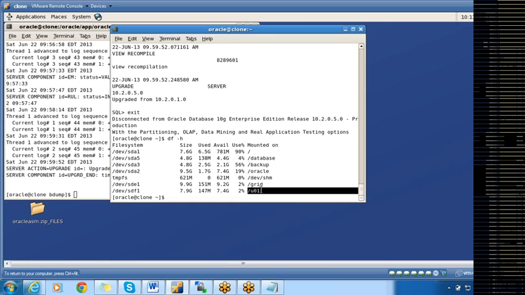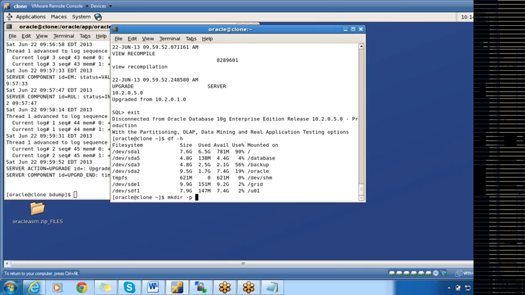Grid infrastructure is for ASM and 11.2.0.3 RDBMS is for the database. So we have to move the entire setup from 10g to 11g. For grid infrastructure I'll use /grid, and for 11g RDBMS I'll use /u01. Let us go ahead and create those directories. I added two disks, one of 10 GB and one of 8 GB, and formatted them. After that I stamped them with the ext3 file system, and mounted them to /grid and /u01, and updated the entries in /etc/fstab. If you remember, I already showed it to you.